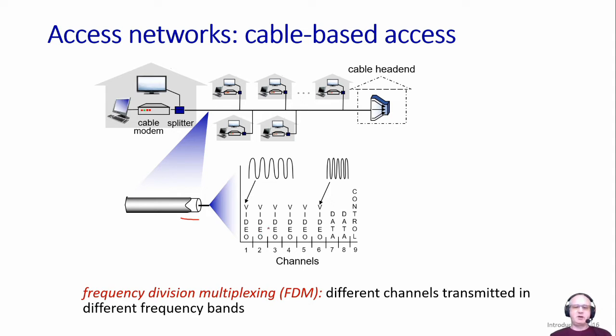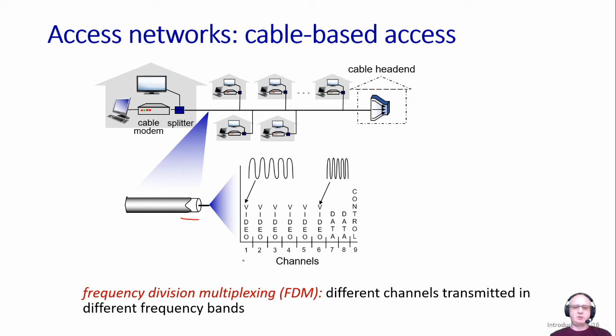In fact, traditionally, this was used for analog television. And so this is done by dividing the frequency spectrum into so-called channels, each 6 megahertz wide. And traditionally, each of these channels would carry one television station. This was before the advent of digital television, where now these channels set aside for television are also used for digital formats, but still